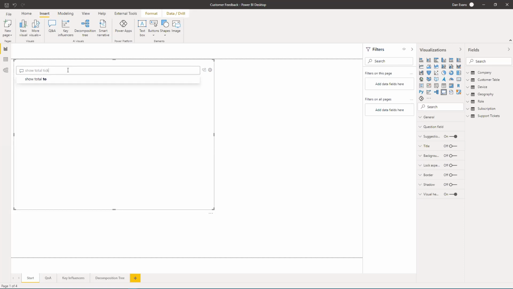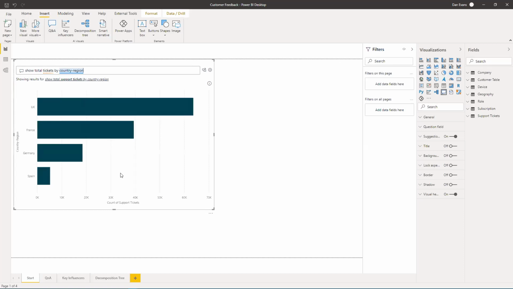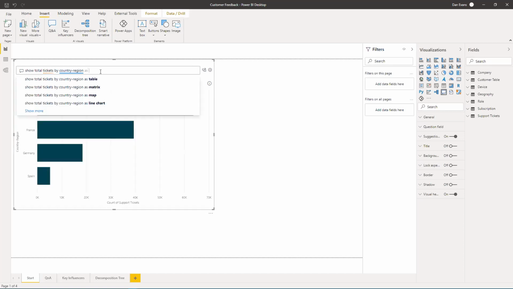So if I want to say total tickets by country, it'll say, I don't recognize country, but within the model there's this field called country region. Is that what you mean? And I can click on it, and then I can suggest a bar chart. And it's mapping the question that I asked to the specific question that it's trying to address. And it's giving me some visualization on that relatively quickly. And so I can see that the UK has a lot more tickets out here versus Spain. So if I want to see this as a map instead, I can say, as a map,